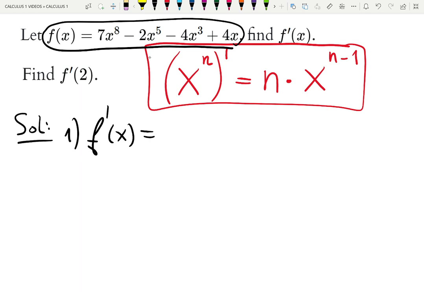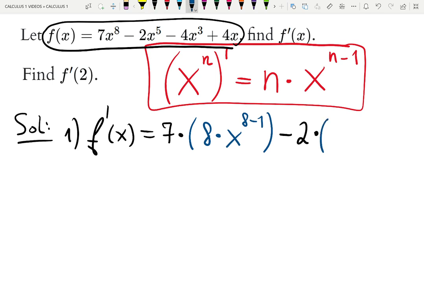7x to the 8 becomes 7 will stay and be multiplied by a new function which I will color code. X to the 8 following the formula will be 8 goes down, so now 8 is multiplied by a new function x raised to the 8 minus 1. You can write down x to the 7 right away if you want to. I will proceed with the step-by-step notes so that you have good notes for the future. 5 goes down. X will be now multiplied, raised to the 5 minus 1 power,